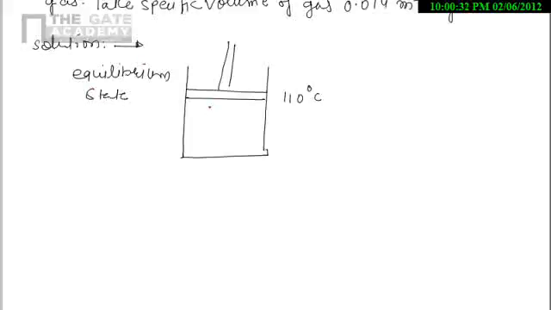Here we are having pressure P. Here we are having atmospheric pressure, and pressure due to this piston weight, that is W by A. So in equilibrium state, this atmospheric pressure and pressure due to W by A will balance the pressure P, that is the gas pressure inside the cylinder. So now we can see that at equilibrium,